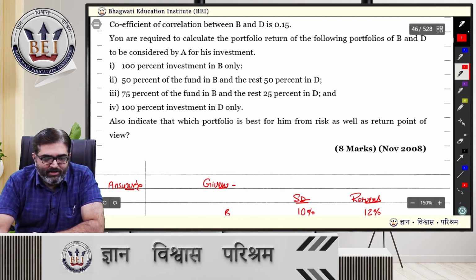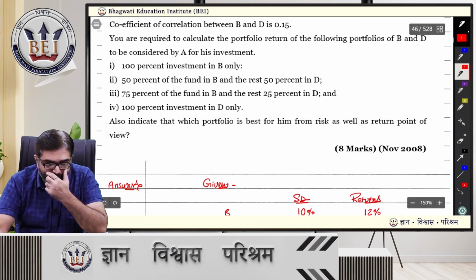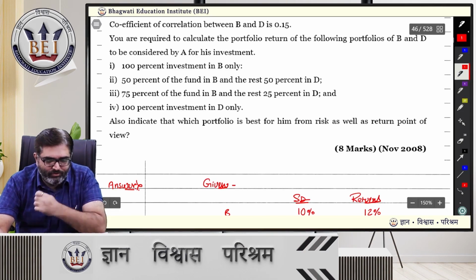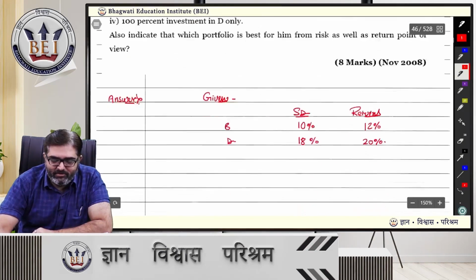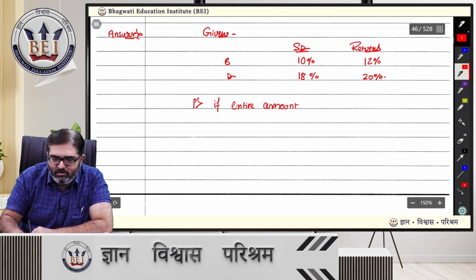A is considering different combinations, 1, 2, 3, 4. We have to tell him which is the best from risk as well as return perspective. Right, in short, the one with the lowest COV. 100% investment in B. If entire amount is invested in B, right,